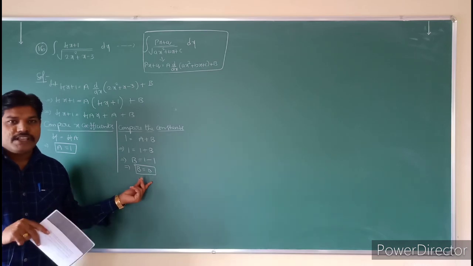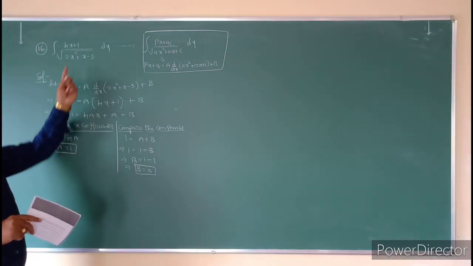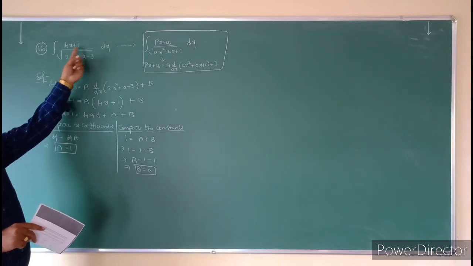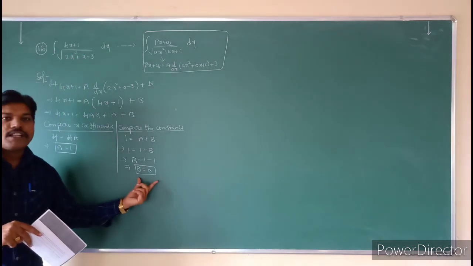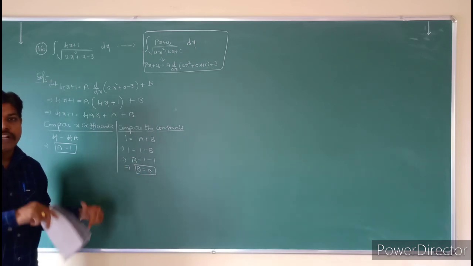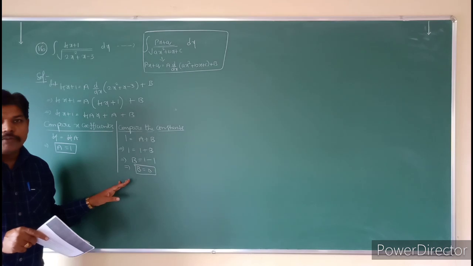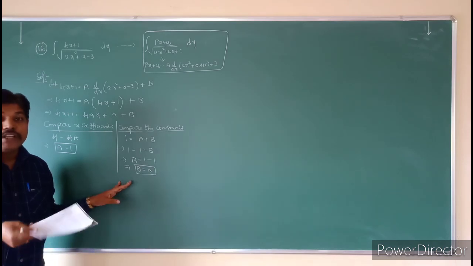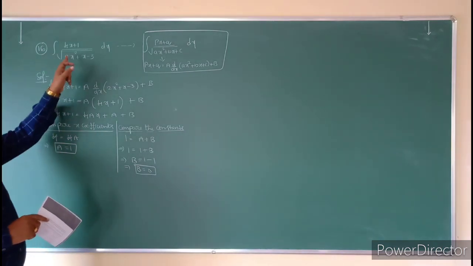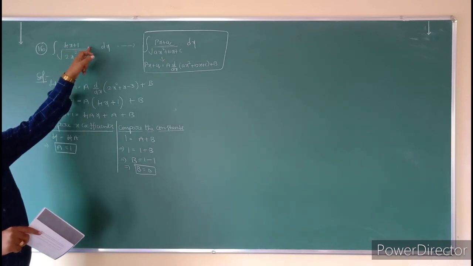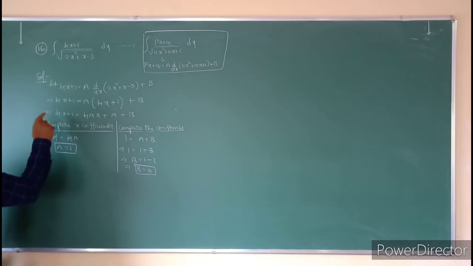Here you have to take 2x square plus x; 2x square plus x derivative is 4x plus 1. So that's why you are getting the b value as 0. The derivative of the denominator is the numerator. Do you understand that? This is an important question. You have to understand that. You can do it in an easy method also. So 2x square plus x minus 3, the derivative is 4x plus 1. Okay, see the next step.